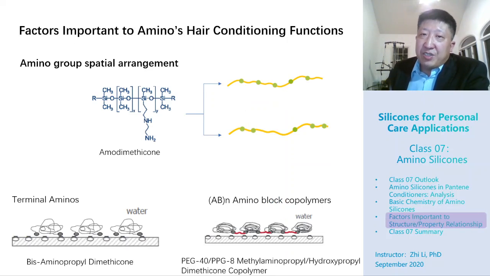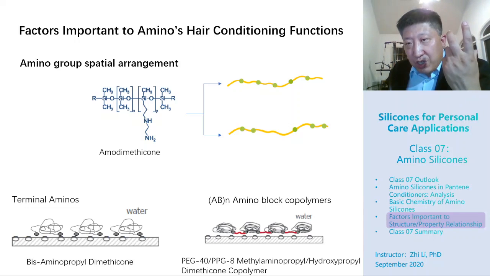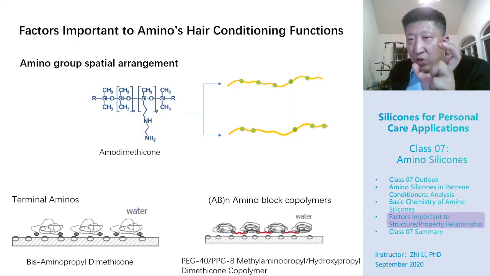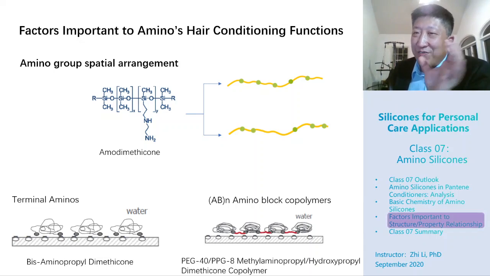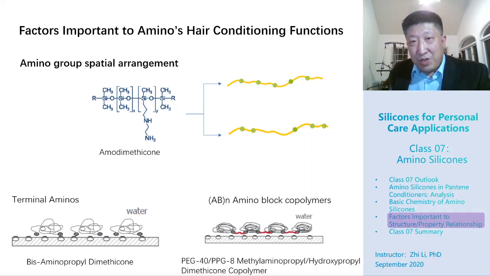So there are other things we learn from, for example, P&G's patterns. They're talking about where the amino groups are located. It might be for pattern reasons, just for novelty reasons. But we have to learn a little bit more, because these are different aminosilicones with different spatial arrangements of amino